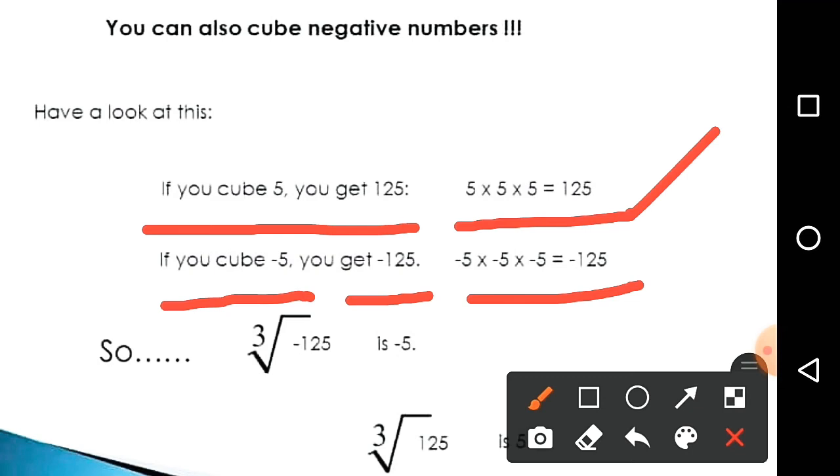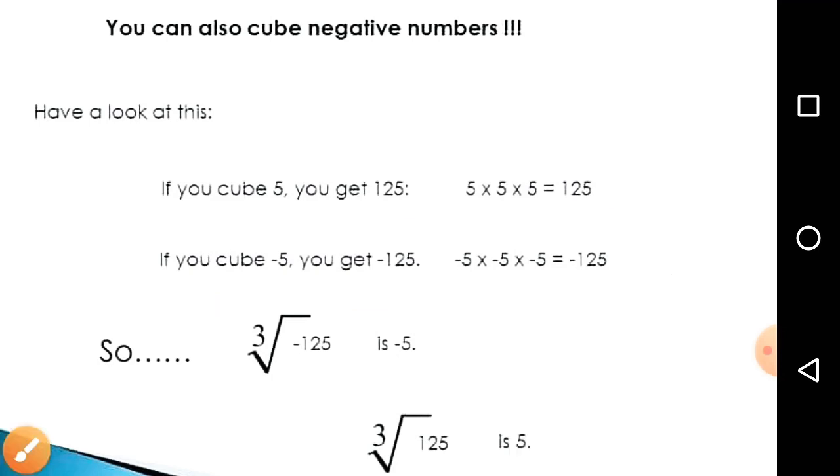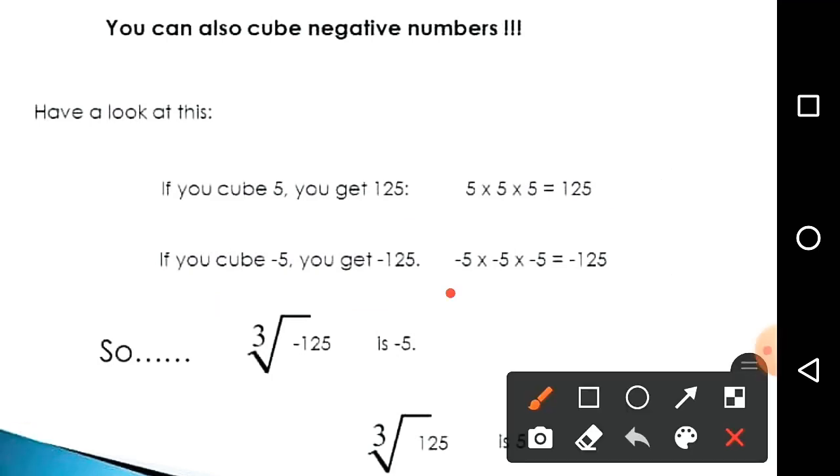So here first you need to multiply the numbers and then you will multiply the signs. So 5 5s are 25 and 25 5s is 125. And minus into minus is plus. Then again plus into minus is minus. So the answer will be negative 125. Minus 125 will be your answer. So you can also cube negative numbers, and the cube root of minus 125 is minus 5. Okay, because we have multiplied minus 5 three times.